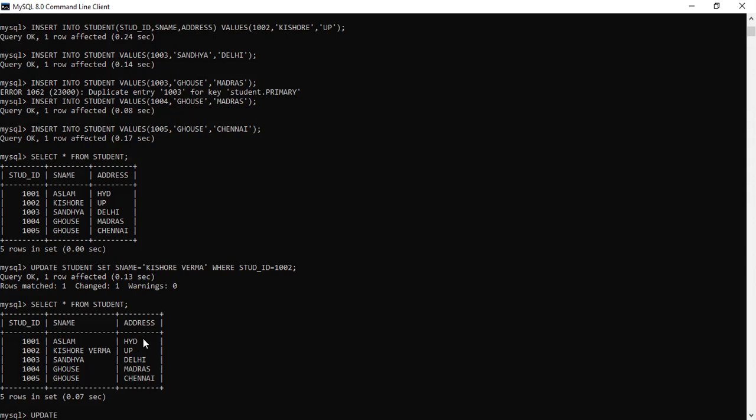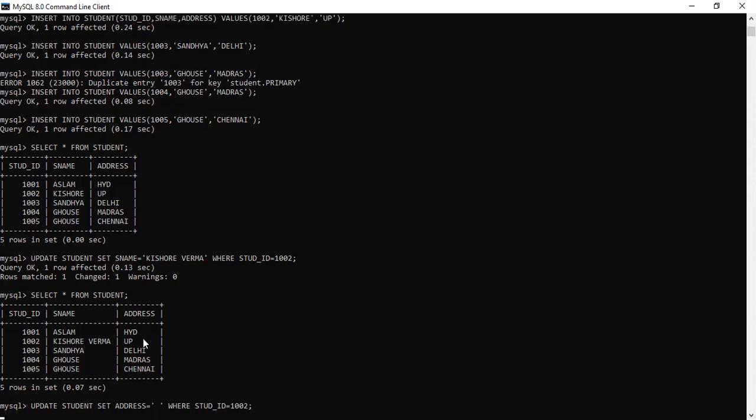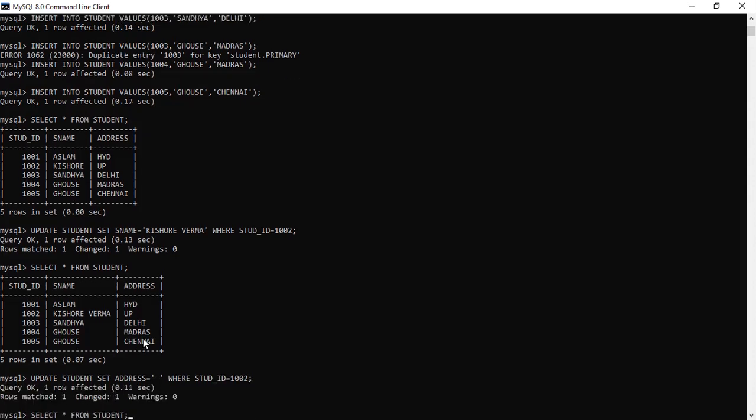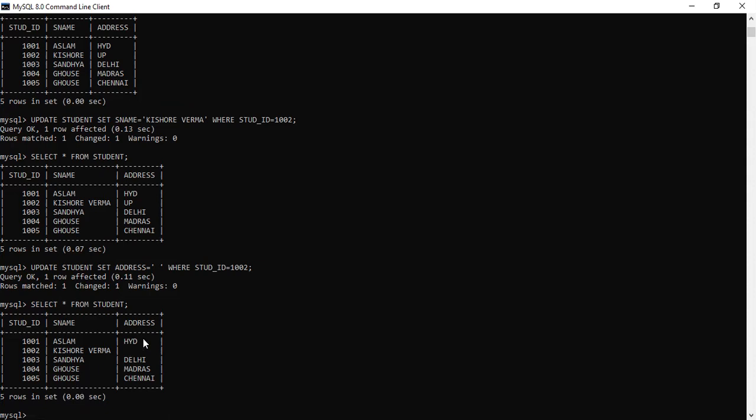Update student set address is equal to null, nothing, it's empty, where stud_id is equal to 1002. So now the Kishore Verma address will be set blank. You can see the modification over here, right? I have removed the address for Kishore Verma.